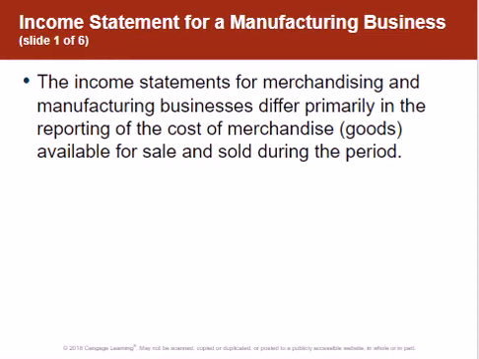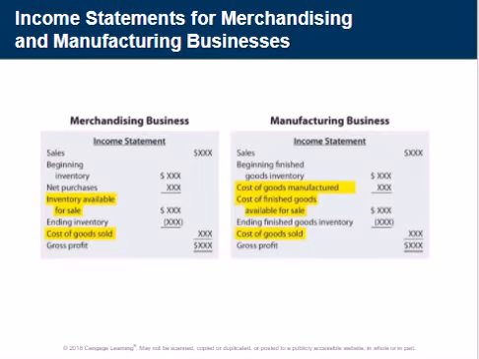The income statement for merchandising and manufacturing businesses differ primarily in reporting the cost of merchandise or goods available for sale and sold during the period. So we look at this example of a merchandising business and a manufacturing business. These are both income statements, and as you can see, they are slightly different for a merchandising business